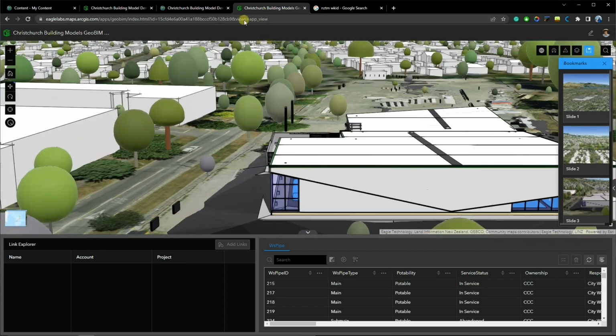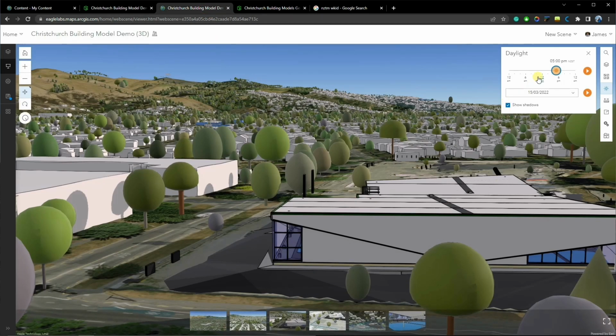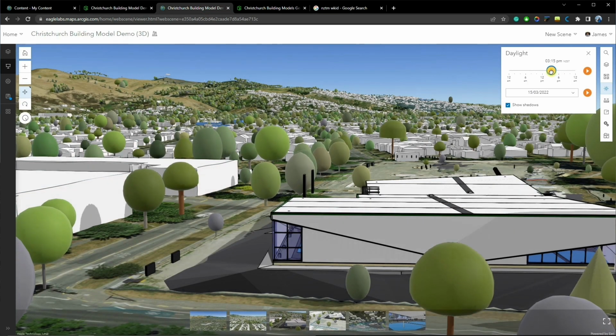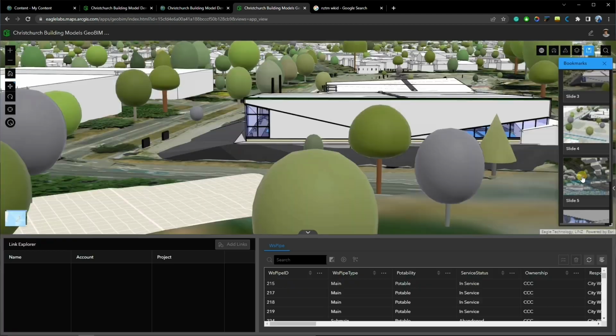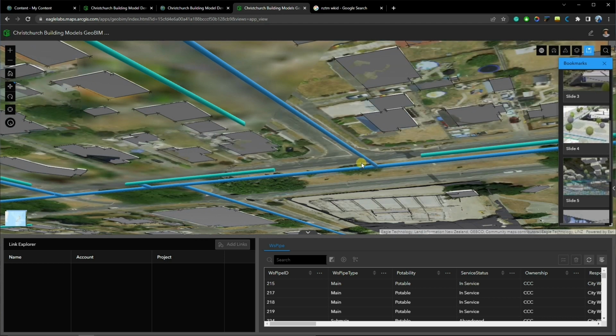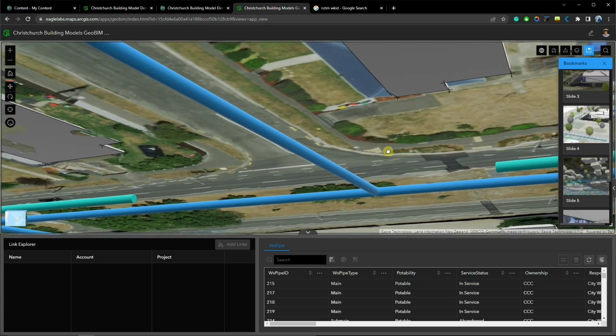Additionally, I can take an extra step here and use these features now in my GIS to perform analysis on the proximity of my design to nearby buildings and how they affect each other, for example. I can also bring in nearby water utilities to see where we'll be linking into the original design file.